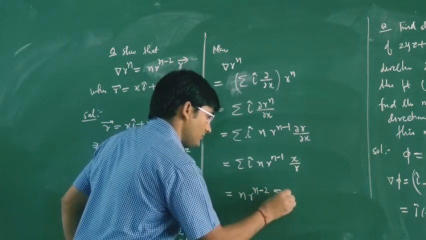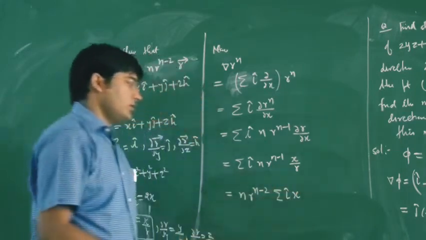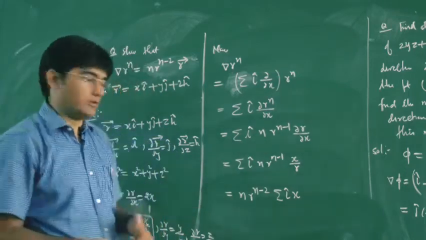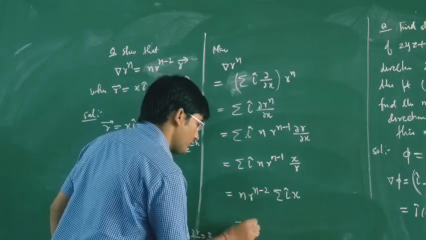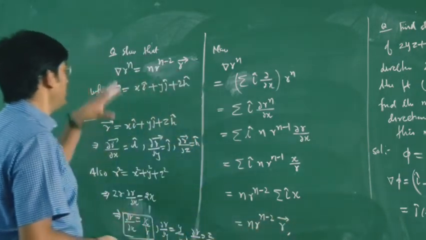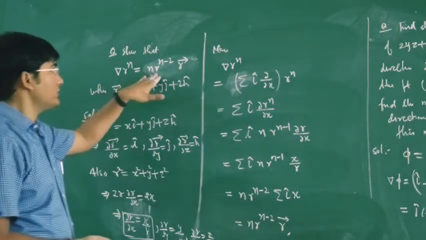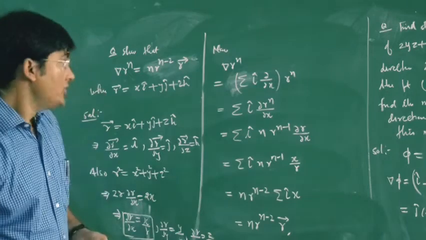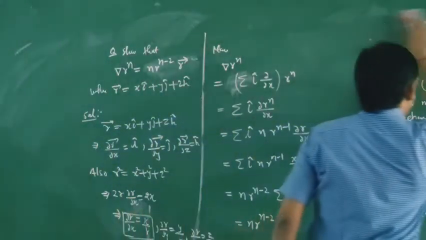Then in the bracket we will have summation ix. Your summation ix is ix plus jy plus kz. So this will be equal to vector r. So your gradient r power n is equal to n r power n minus 2 into the vector r. Now if you put n equal to minus 1,